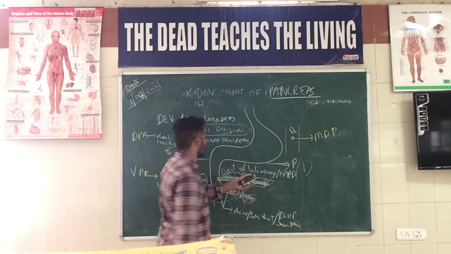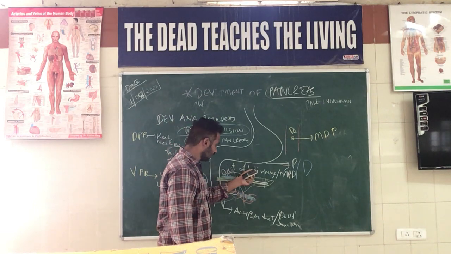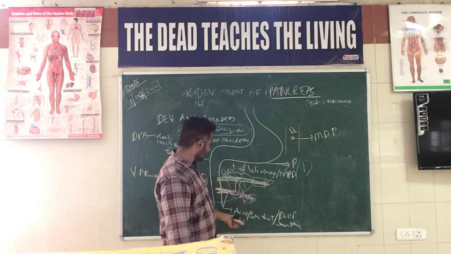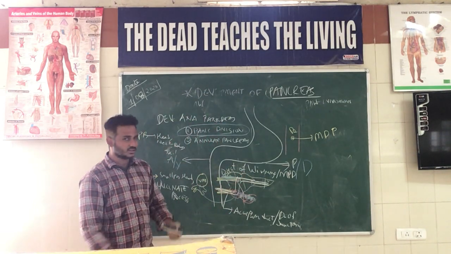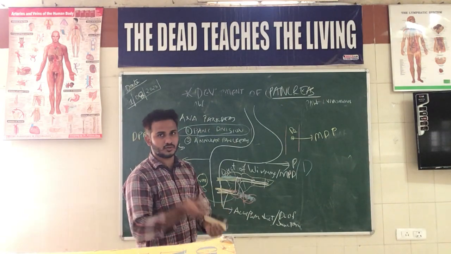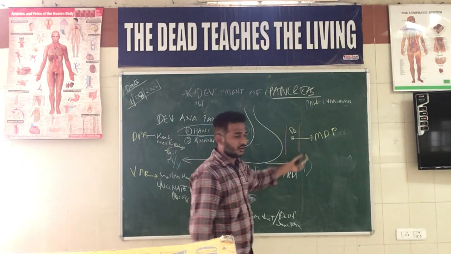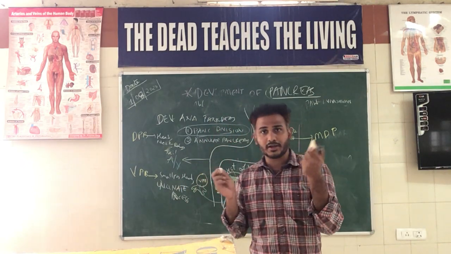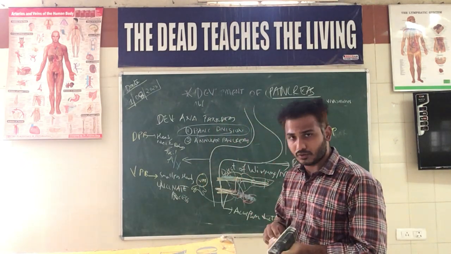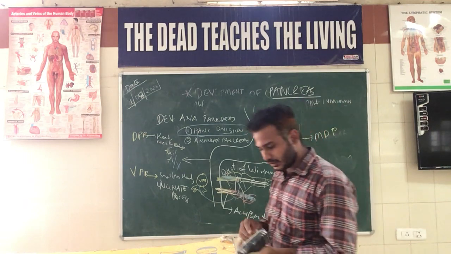This particular thing is called the duct of Wirsung, or the main pancreatic duct, and this particular thing is called the duct of Santorini. So in normal conditions, both will be fused. We have only one duct that will open into the major duodenal papilla in the second part of the duodenum. What if the two pancreatic buds fail to fuse? We have two separate openings for the pancreas.